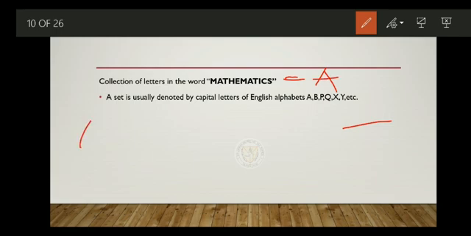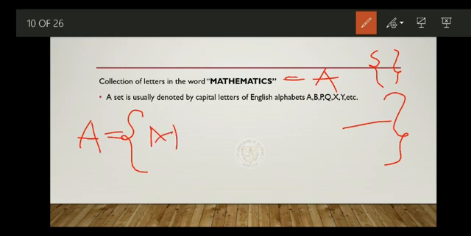A is equal to, and you have to write the elements of the set within a curly bracket. This kind of bracket is called curly brackets. So can you list down the elements?